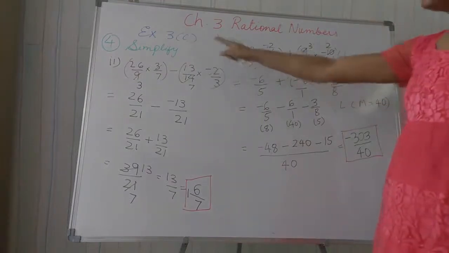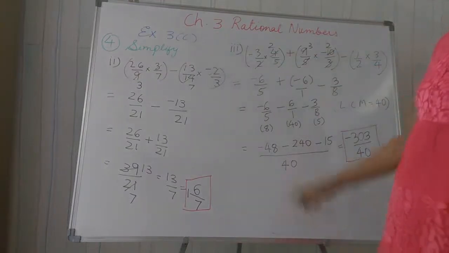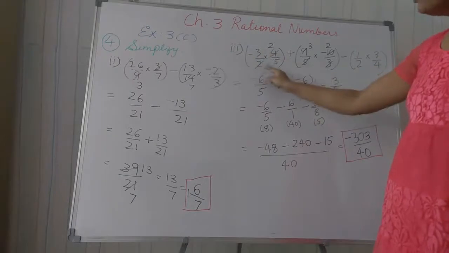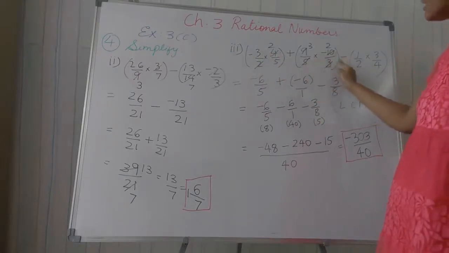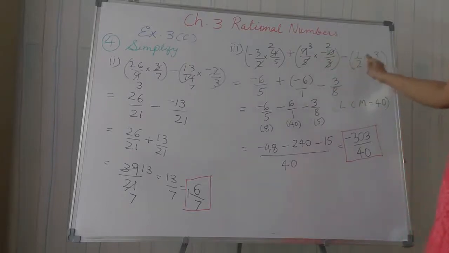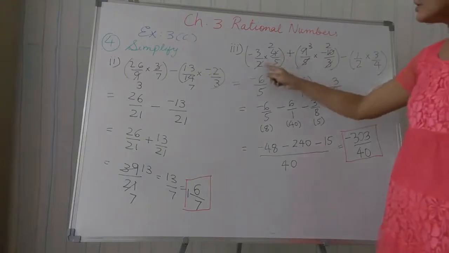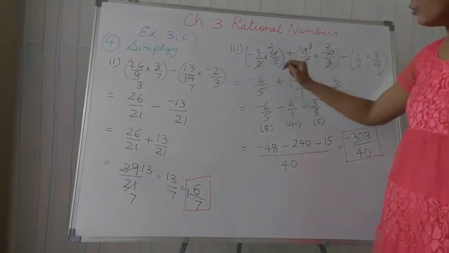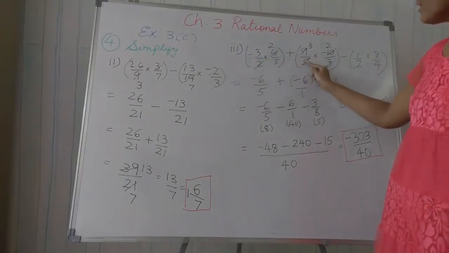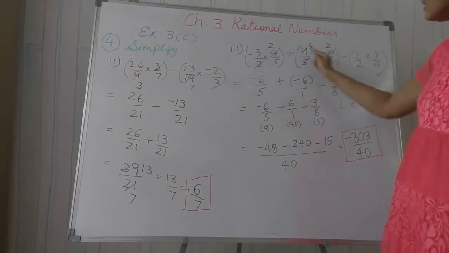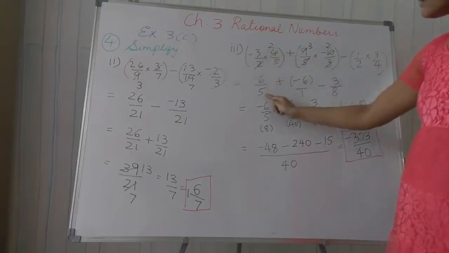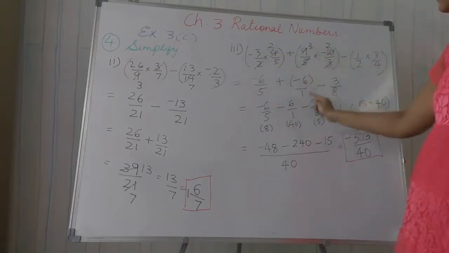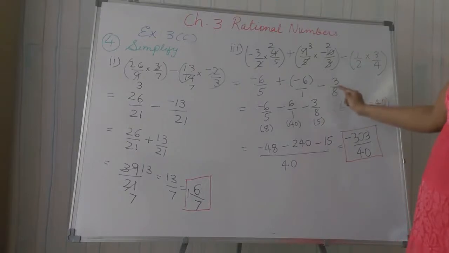Question number 3 of number 4: simplify minus 3 by 2 multiply 4 by 5 plus 9 by 5 multiply minus 10 by 3 minus 1 by 2 multiply 3 by 4. Now in this question, students, I have to cut: 2 2s are 4, then 5 2s are 10, 3 3s are 9. So now we get minus 3 2s are 6 by 5 plus 3 2s are minus 6 and minus 3